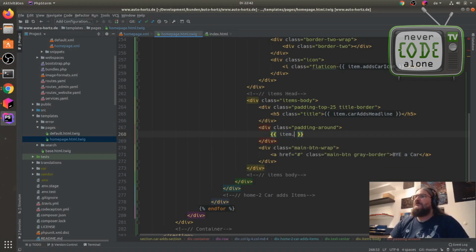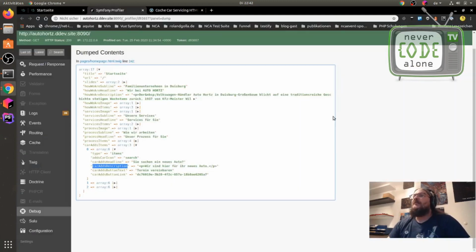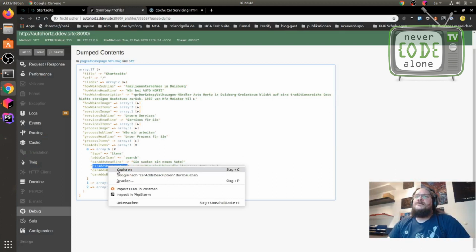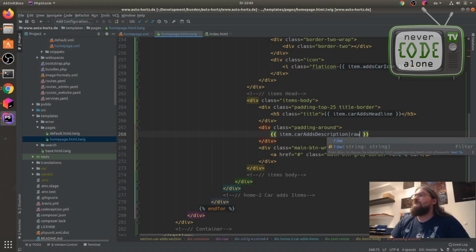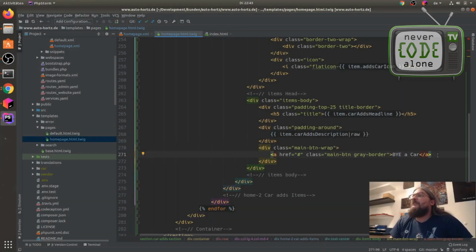Item dot, and we have to output this raw because we want to do some HTML stuff. And here is a link and the link text.